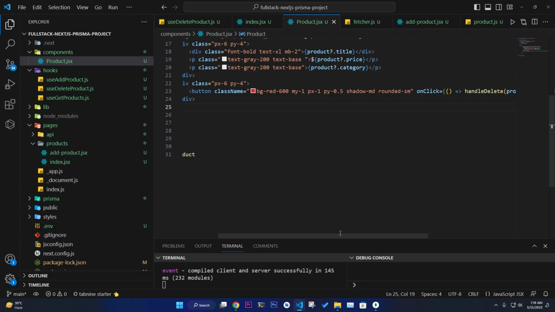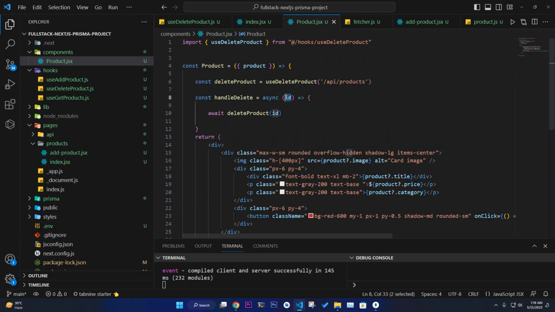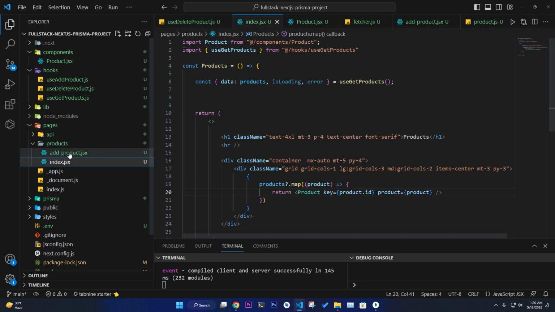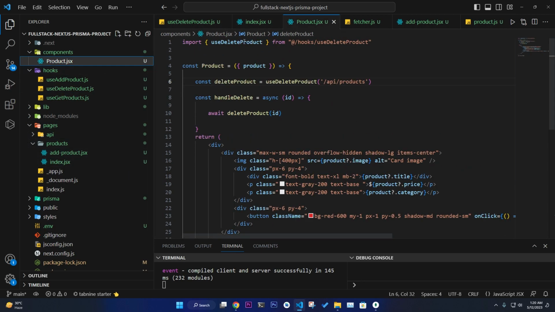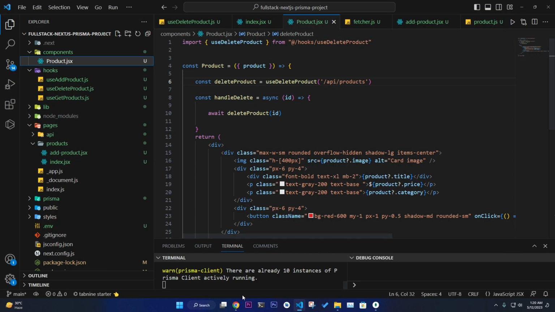Simple. So we get this product.id, and we'll pass it from here. This ID would be passed inside this, and based on this we need to call this delete product functionality inside this use delete. As you can see, we have just exported it and returned this so that we can use it inside this component. In each product component, when we just click on this button,